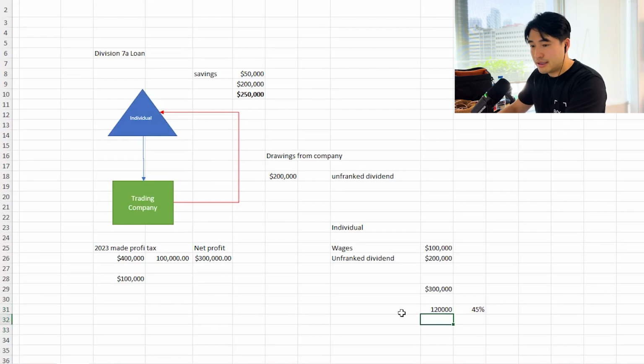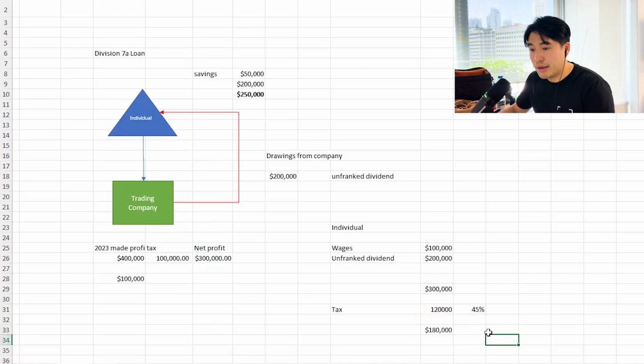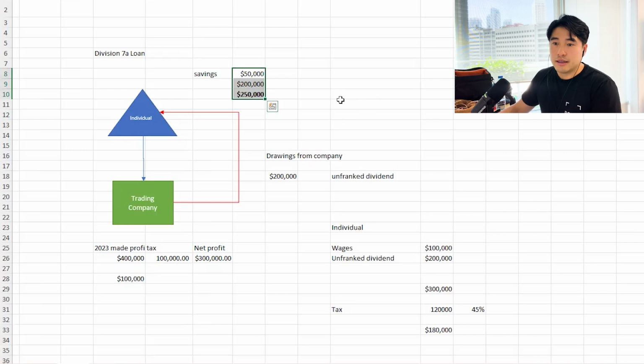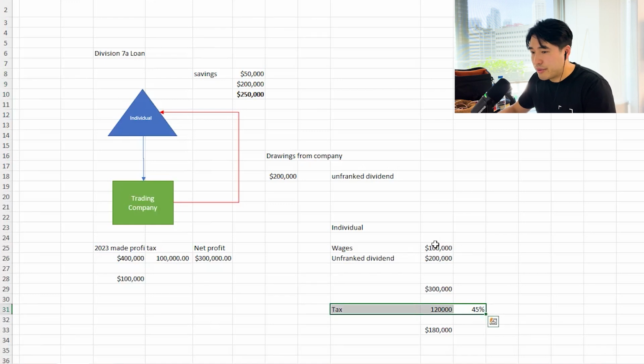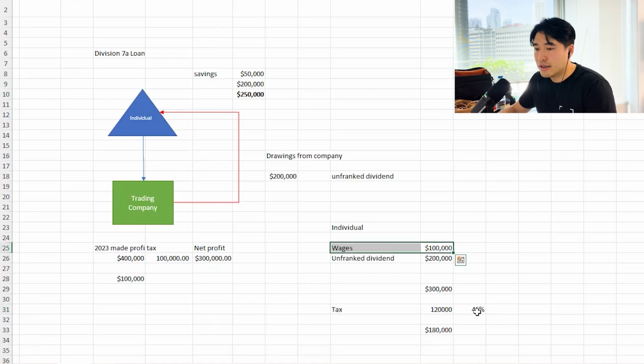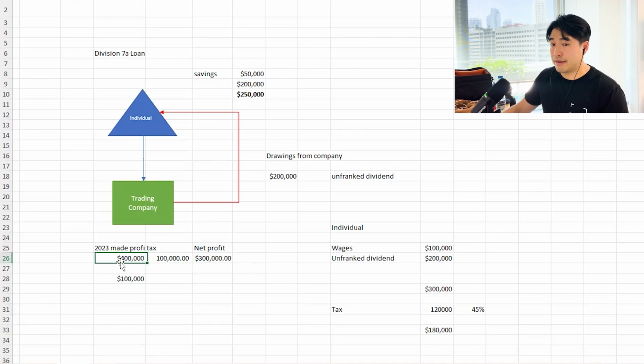Okay. And in this situation, for this person, what happened to their money? What did they do with their money? I'm telling you, they do exactly what everyone here does and what I've done in my business as well. They go and buy an asset, a personal home or investment asset, and the money's gone. So they need to cough up 120K. And yes, sure, they would have paid some taxes in their wages, like $20,000, but they're then left with another 100K worth of taxes they need to pay in their personal name, as well as the 100K they paid here. So they've effectively got double tax on the profits they made.